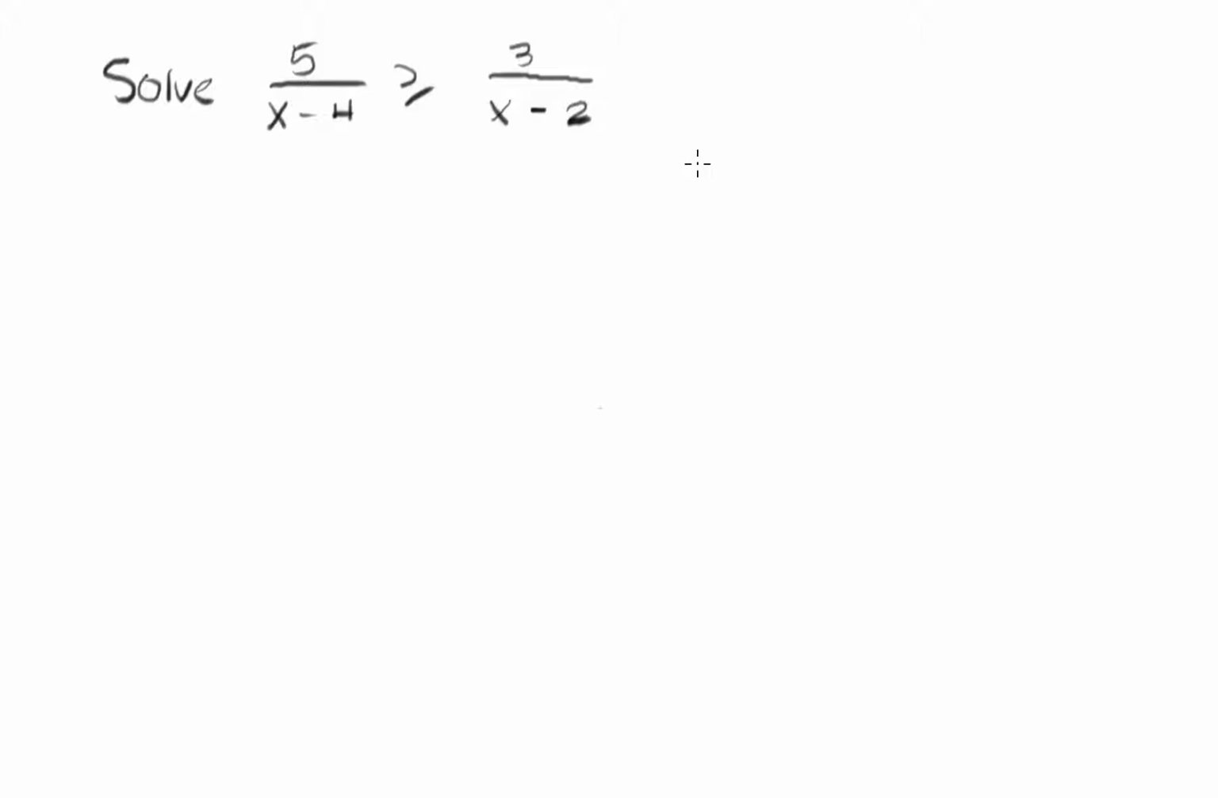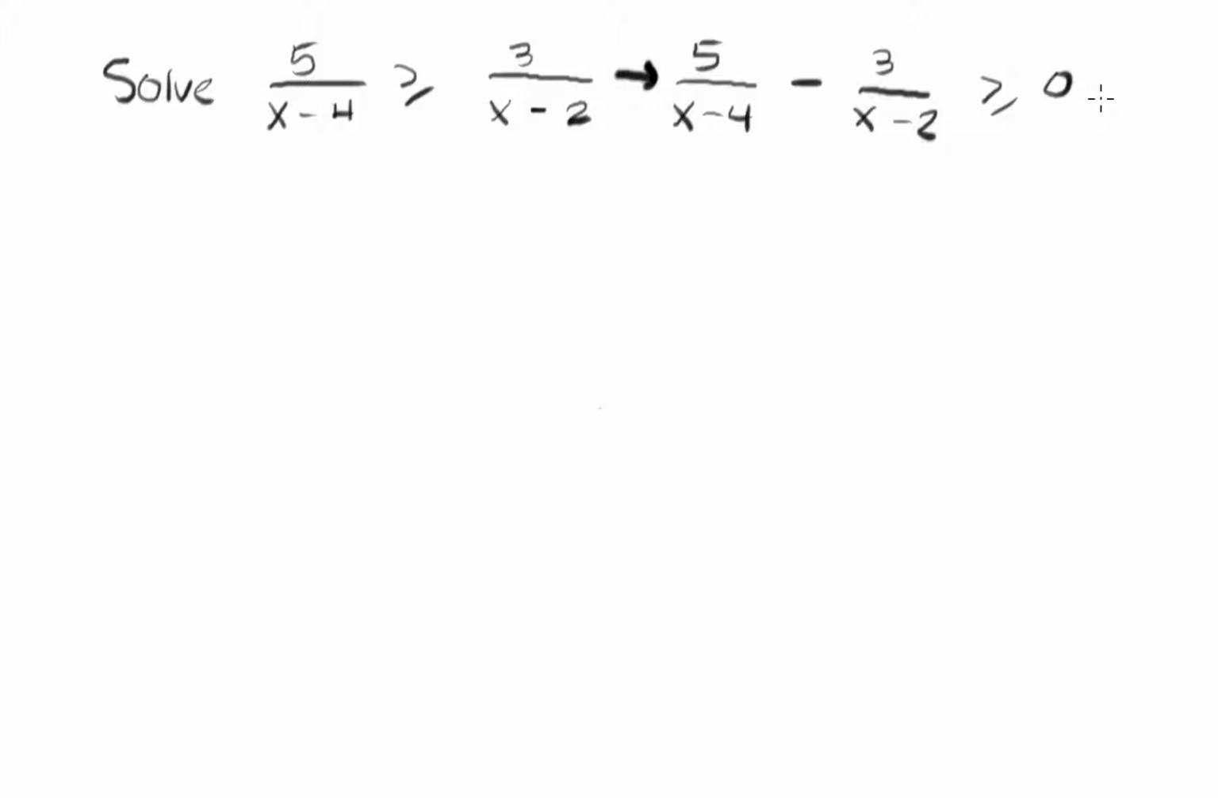The way that you want to solve this is to get 0 on one side of the inequality. So the first thing I'm going to do is subtract the right side from the left side. That way we can have it greater than or equal to 0, which essentially means positive, to help us graph this. So first step, I'm going to rewrite the problem so that it goes from this into 5 over x minus 4 minus 3 over x minus 2